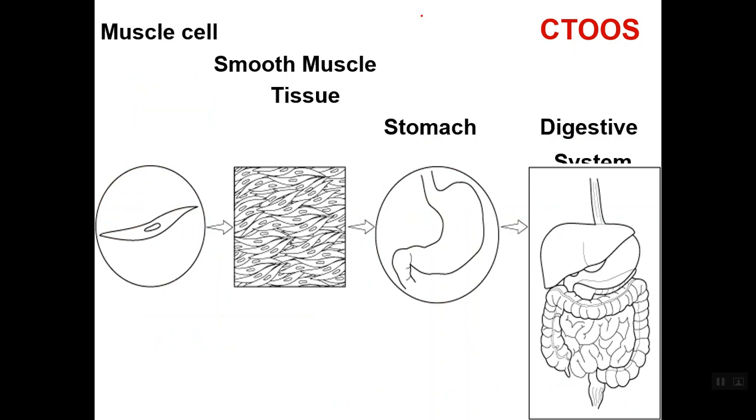So here's, ignore the coots. That was an acronym that I forgot to take off. I don't even use this acronym anymore. But here's the individual cell. Like cells get you tissue, in this case muscle tissue. Similar tissues that have a shared function get you organs, like the stomach. Then similar organs with shared function get you body systems, so the digestive system, for example.